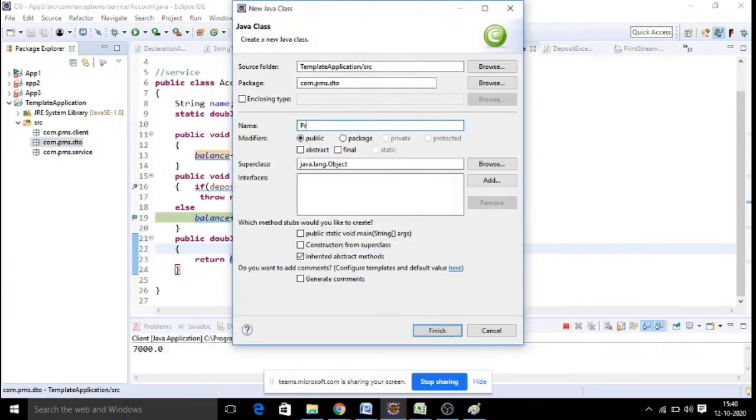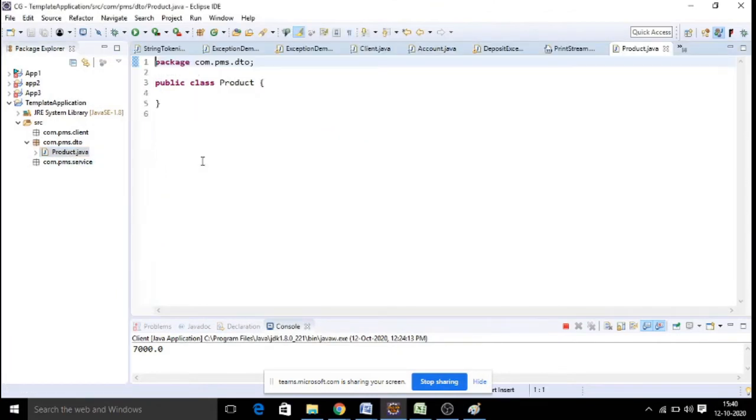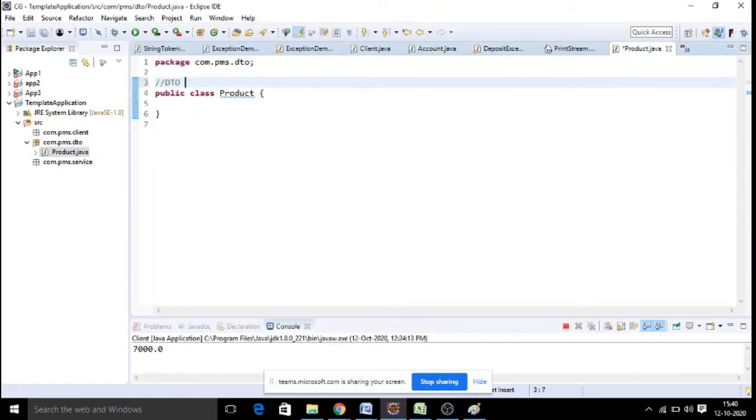So let me take a class called product, and this itself is nothing but a DTO, data transfer object, or plain old Java object POJO, or bean. In some frameworks it is also called a value object, where the values are stored.